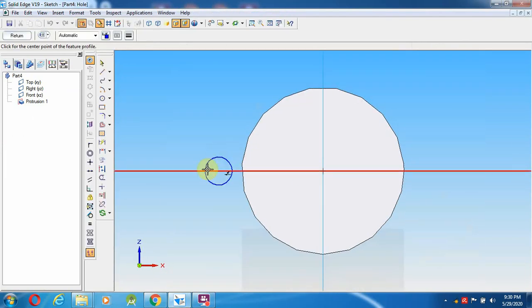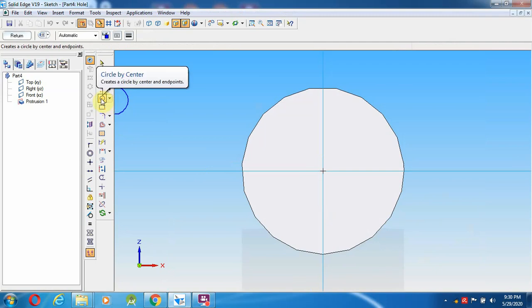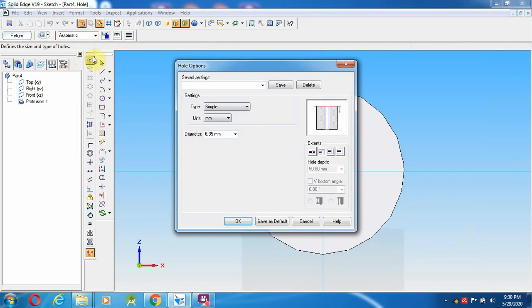This is the end. Select hole with parameter, change the parameter to tapered hole, and the diameter is 20. This is the maximum diameter. You can choose this, and this will be the decimal ratio length. You can give 1/20.